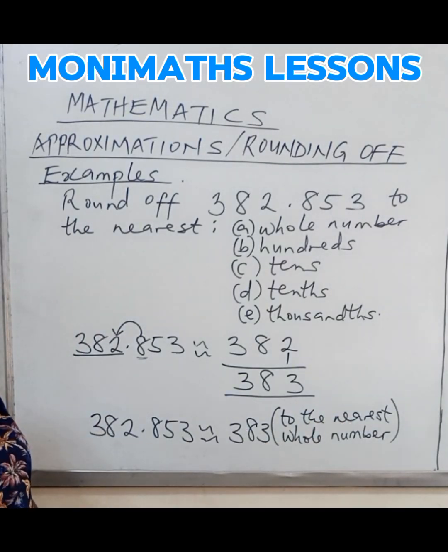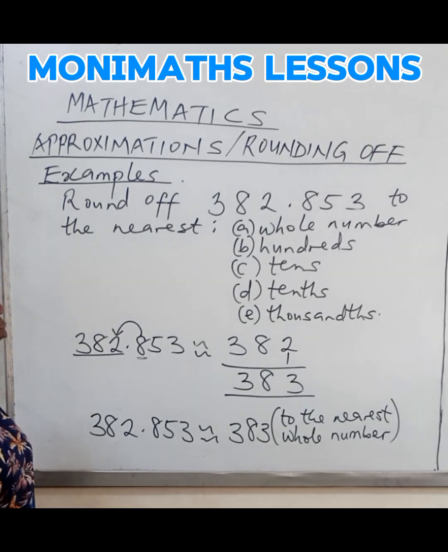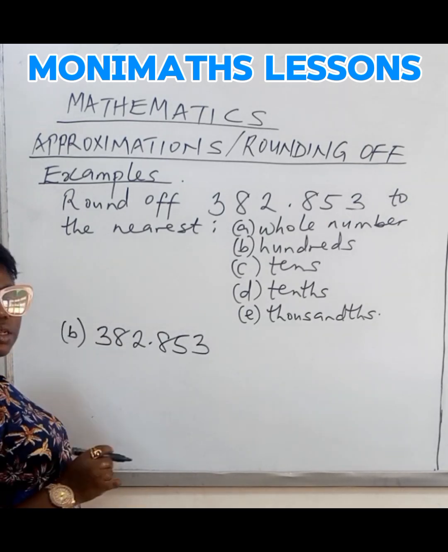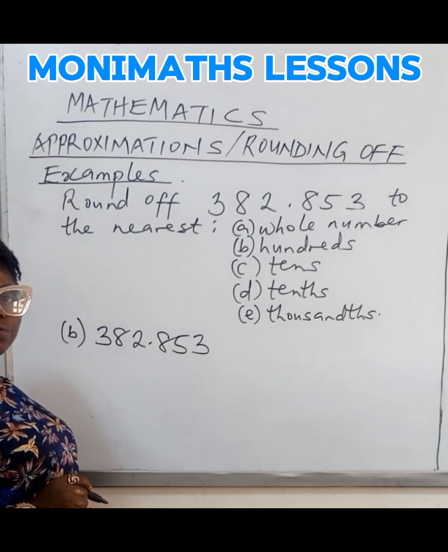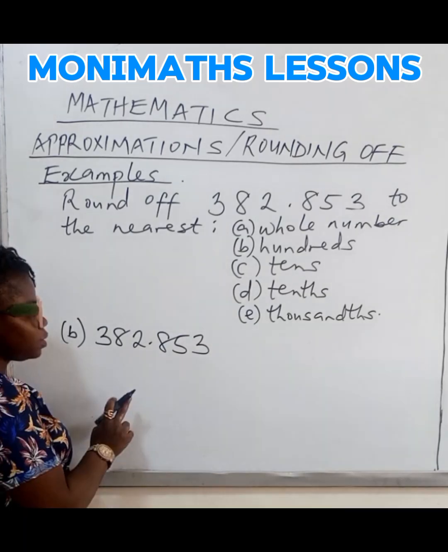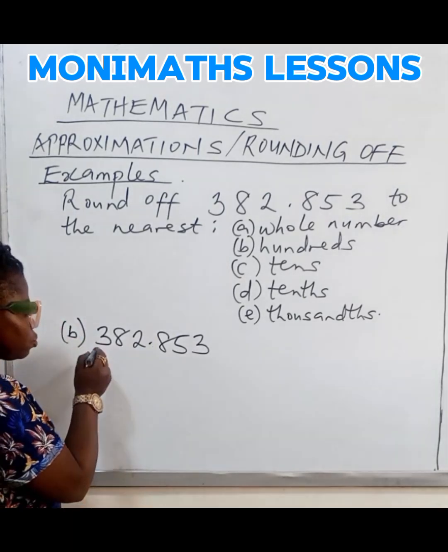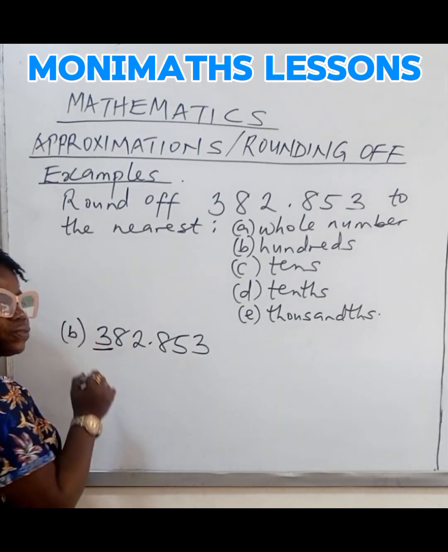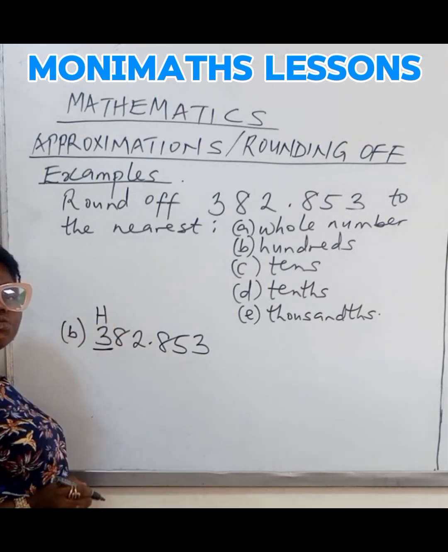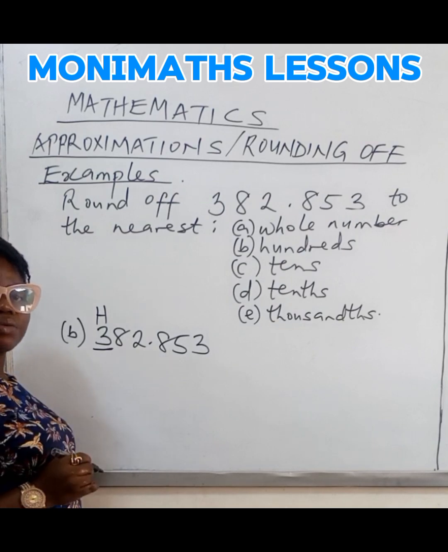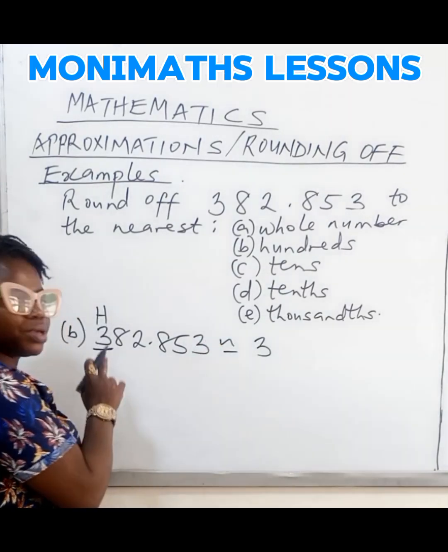Let us look at the other areas of the example. We have to round off this same number to the nearest hundreds. So we have to remember our place value. This is units, tens, hundred. So this is my 100. 3 is the digit that is my 100. So I want to round off to the nearest 100. For 3 to be 100,